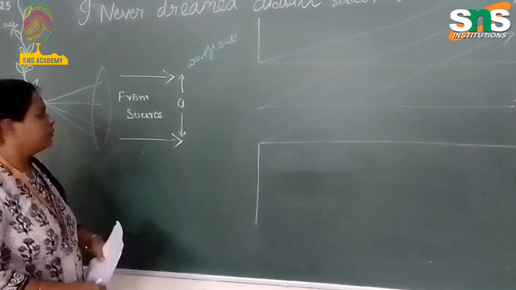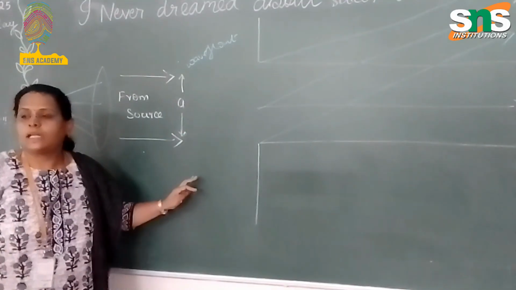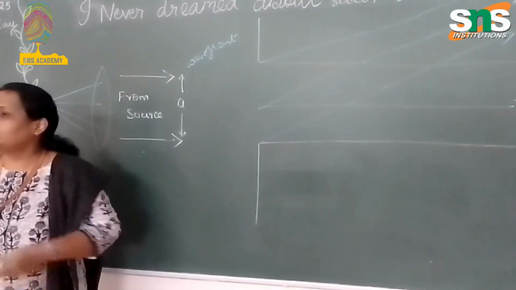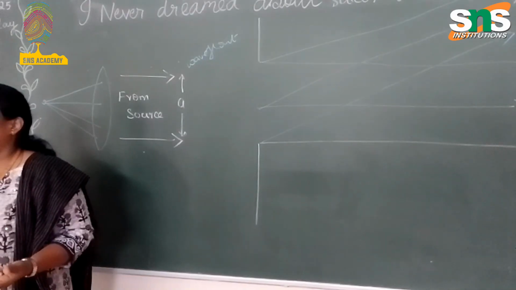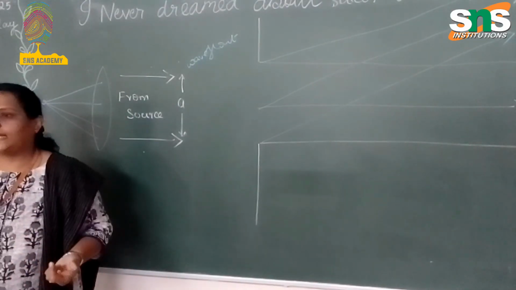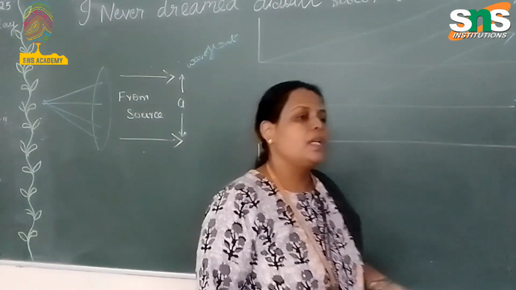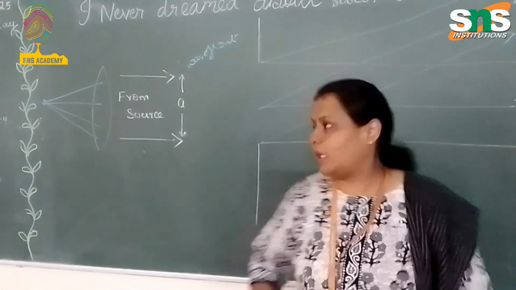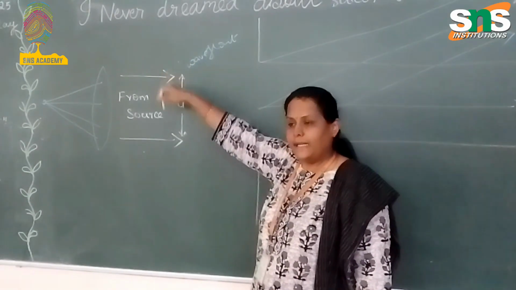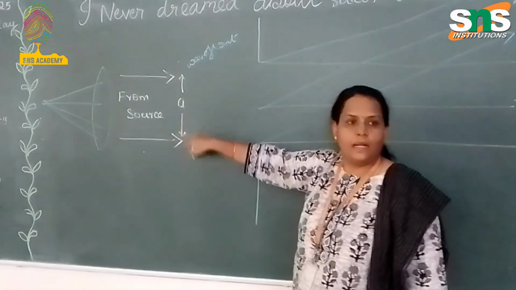The rays that come out from the source are parallel. Am I right? So from parallel rays, what kind of wavelength will you get? Primary, secondary? Whether it may be a circular wavelength or a spherical wavelength or plane wavelength. Plane wavelength. Are you all sure? Yes, very good. Since the light rays are coming parallel from the source, you will be getting a plane